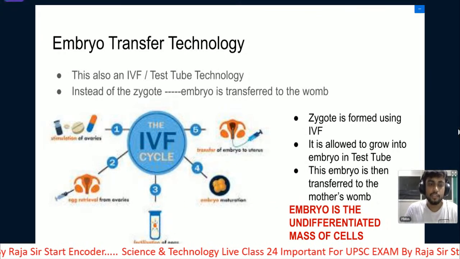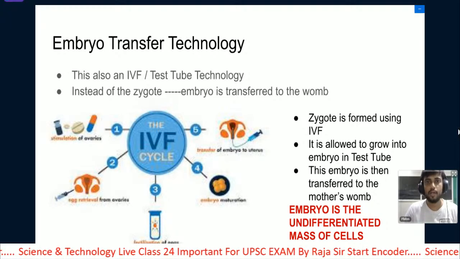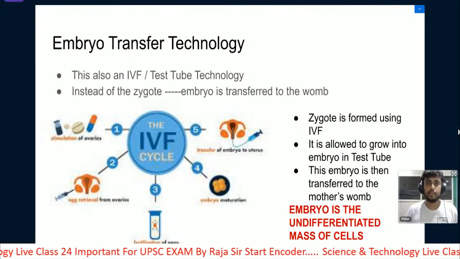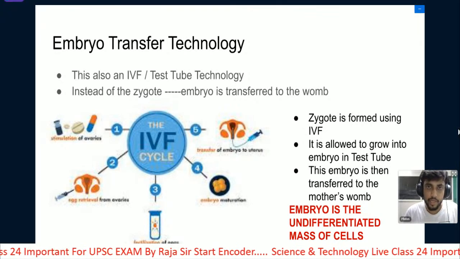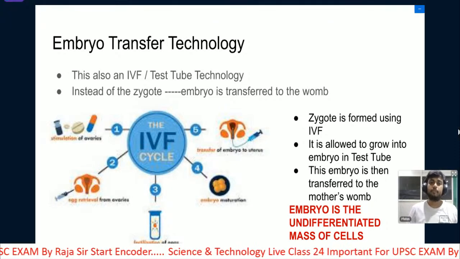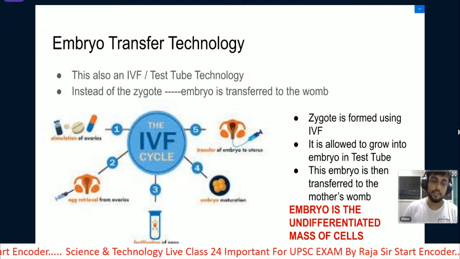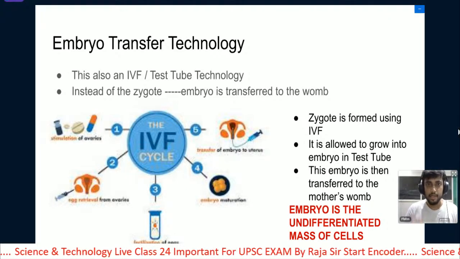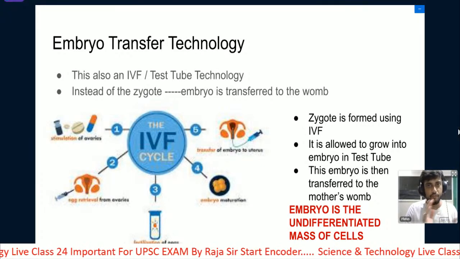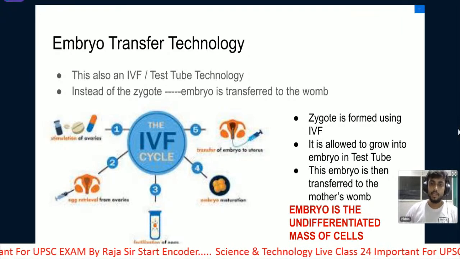अगर जाइगोट को ट्रांसफर कर रहे हैं तो हम बोलेंगे इट इज द नॉर्मल आईवीएफ. लेकिन अगर हम एम्ब्रियो को ट्रांसफर कर रहे हैं देन वी विल से दैट वी आर डूइंग द एम्ब्रियो ट्रांसफर टेक्नोलॉजी. और क्या एम्ब्रियो ट्रांसफर टेक्नोलॉजी भी आईवीएफ का एक टाइप है? तो आंसर है यस. द एम्ब्रियो ट्रांसफर टेक्नोलॉजी इट इज आल्सो वन टाइप ऑफ आईवीएफ. और आईवीएफ जब भी फर्टिलाइजेशन एक टेस्ट ट्यूब के अंदर होगा देन दैट विल बी आईवीएफ. आउटसाइड द फीमेल बॉडी जैसे हो रहा है देन वी आर डूइंग द आईवीएफ. क्लियर?